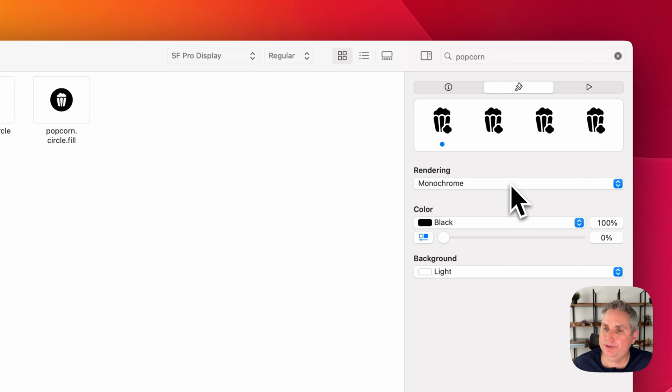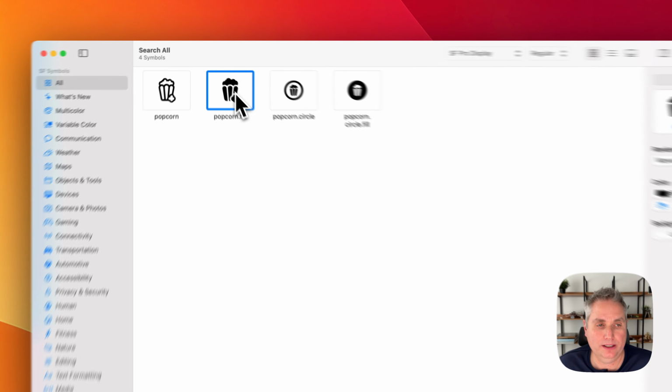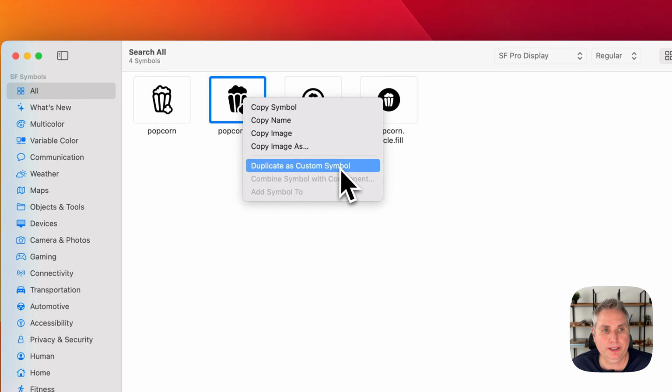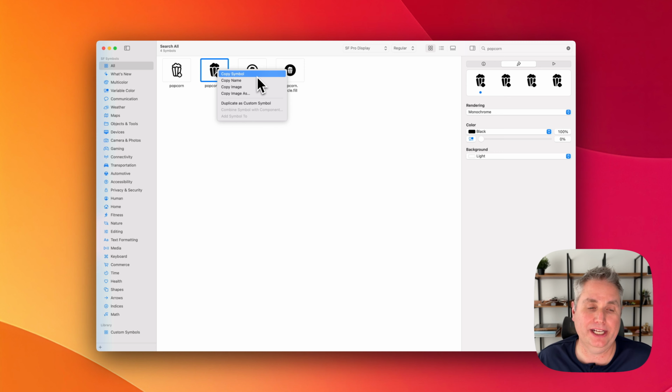But let's say I want to update some of the colors in this symbol and make it a custom symbol. Let's do that. If we select the symbol and then right-click on it, we can do duplicate as custom symbol. Now I should add here, there are also other options. I can copy the symbol, which basically just copies the